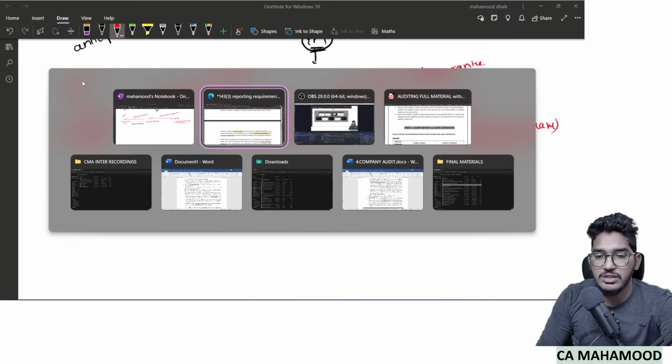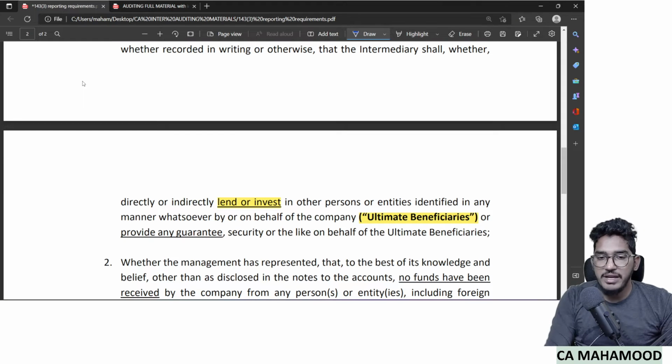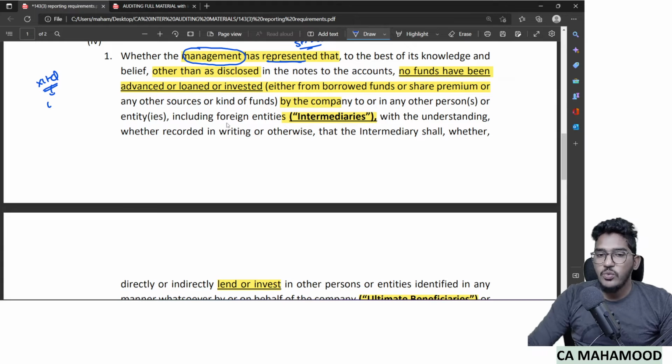That's all. This is what that particular point says. So if I read the sentence from the beginning once again, whether the management has represented that, ask the management to give a confirmation to the best of its knowledge and belief, to the extent they know and believe, other than as disclosed in the notes to accounts, without giving disclosure in the notes to accounts, no funds have